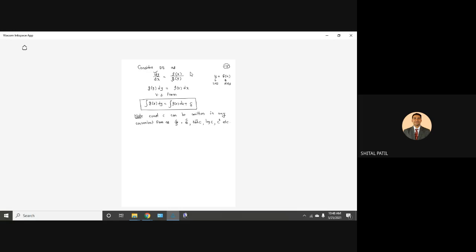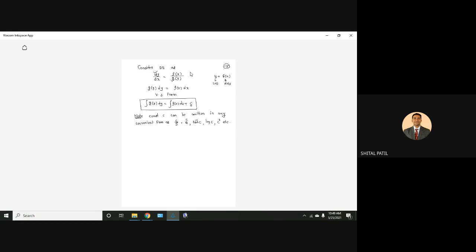How to decide that? We will understand from the examples. How to decide the constant, how to write the constant? That we are going to understand from the examples. Okay. Now let me start with different examples. Understood what the procedure is? First step is to separate the variables. Write y on the left hand side and x on the right hand side. Next step will be to integrate, using whatever formula is known to us. Okay. All right. Next example.